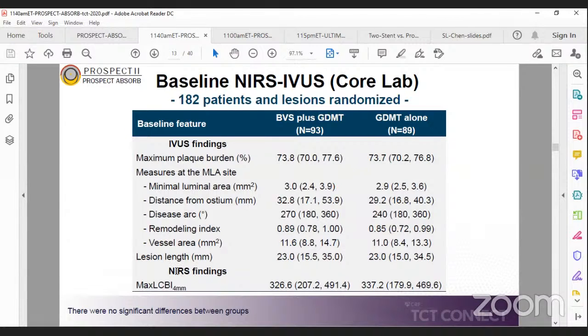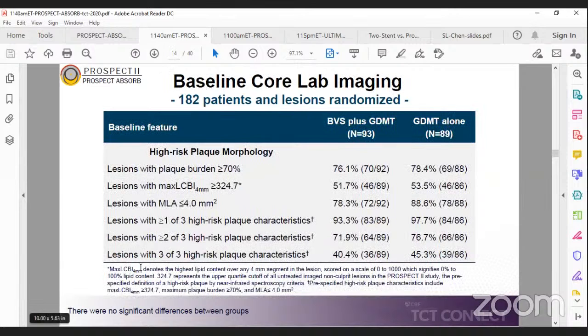And this is what I want to tell you, the NIRS finding, which is the lipid core index. The maximum lipid core burden index within 4 millimeters. I will describe it to you. The maximum lipid core burden index denotes the highest lipid content over any 4 millimeter segment in the lesion. You choose the most fatty part of the lesion, the most fatty 4 millimeter, and you identify the lipid content. The lipid content is a score between 0 and 1000. 0 represents 0%. 1000 represents 100% lipid content. So our number was